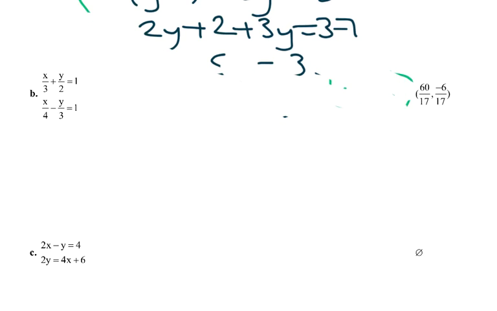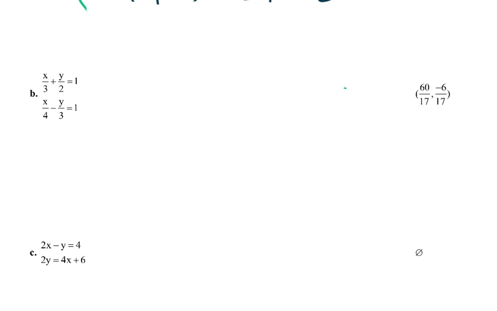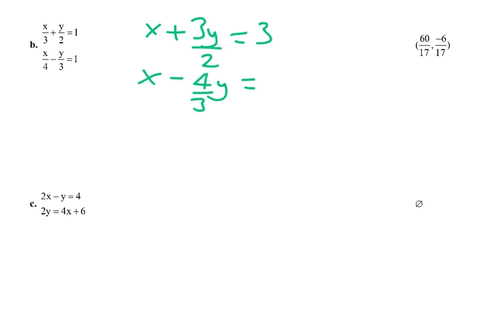And so there's a couple of ways we could do b. The way I'm going to choose is the elimination method. I want my x's to have the same coefficient. So I've got x divided by 3 and x divided by 4. So what I'm going to do is cancel out the denominator in both cases. In the first case I'm going to multiply everything by 3, so I get x plus 3y over 2 equals 3. And in the second equation I'm going to multiply everything by 4. So x over 4 becomes x